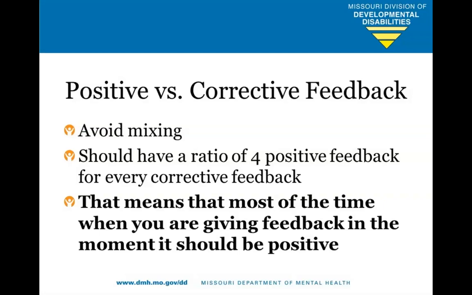If you don't have that healthy positive-negative ratio, you want to make sure that you find something that the person did well and only give the positive feedback, unless, I'm going to preface this, unless it's a safety concern. So if staff left the oven on, or they used the wrong lifting technique, or there was a med pass error, something that's a serious behavior that if the staff did it again before you have time to correct them could cause harm to somebody, then you're going to want to jump in and just give the corrective feedback no matter what. But you want to find something that they did well and only give the positive feedback.